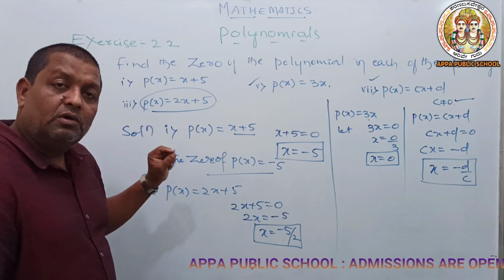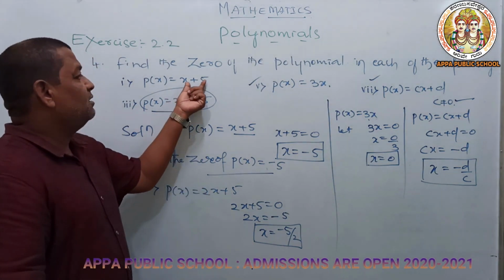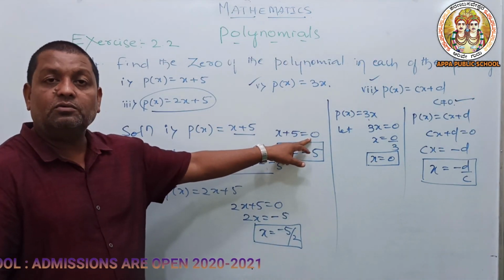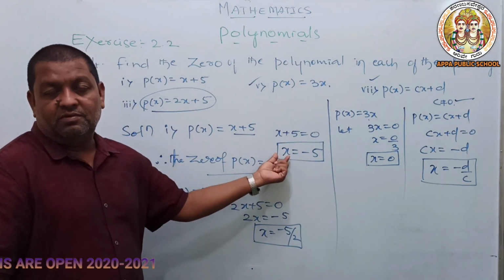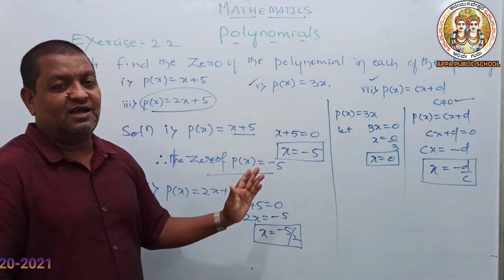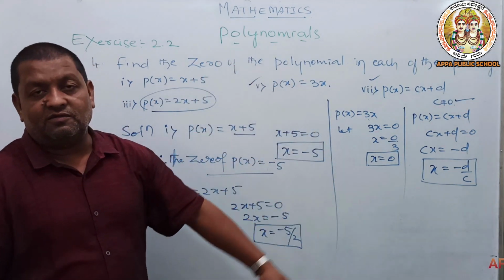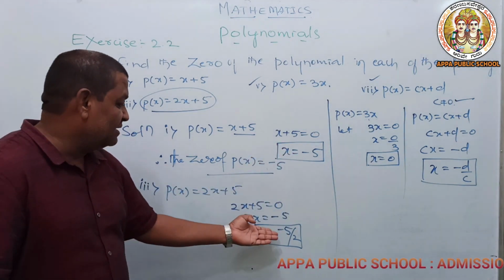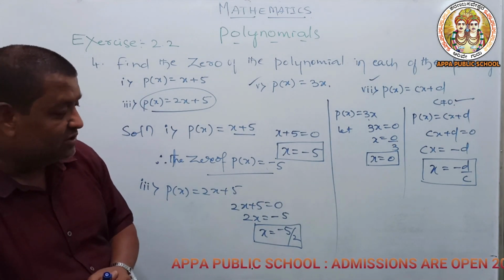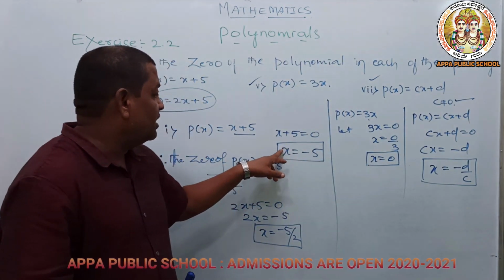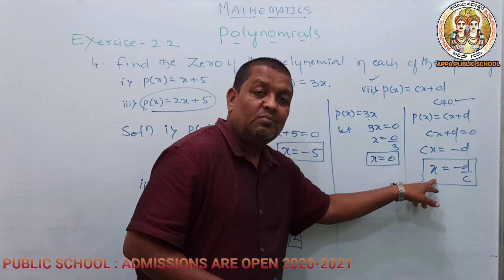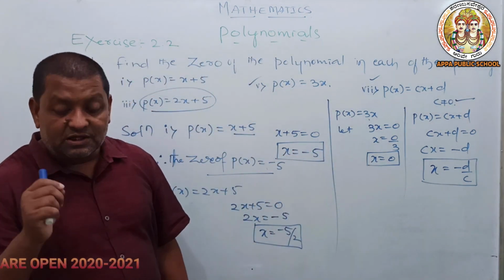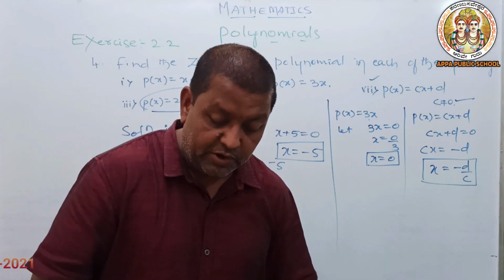So what we need to do, let me tell one more time: equate the RHS part to 0 and separate x, meaning keep x on the LHS side and send all remaining terms to the RHS. When you are shifting to that side, the sign definitely changes, and dividing and so many operations happen, and finally we get the x value in every place. The x values I have shown in boxes are the zeros of the given polynomial.